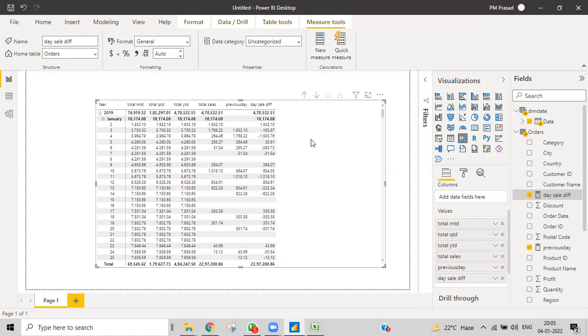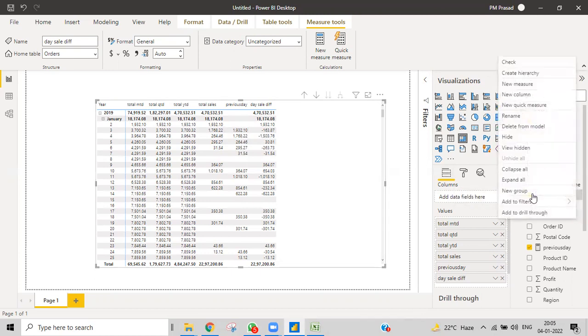I see. Right now you can see the difference between today and yesterday. Whenever it is minus, we can make it the reverse also. I'll just make it something like this.